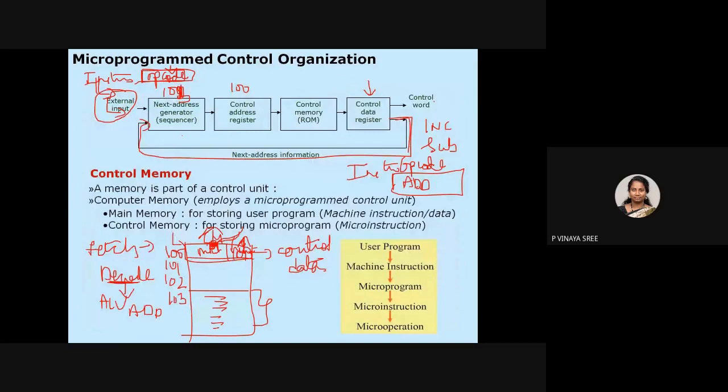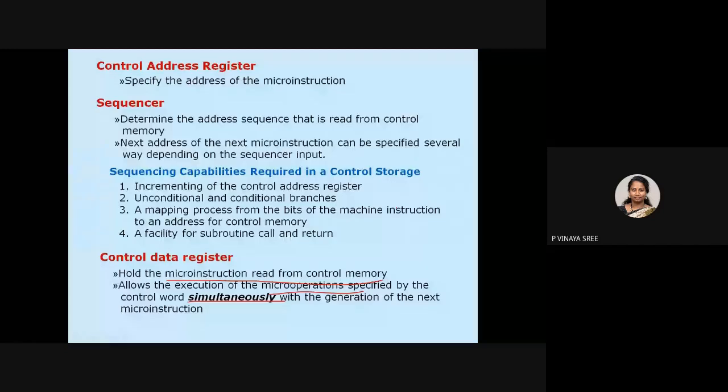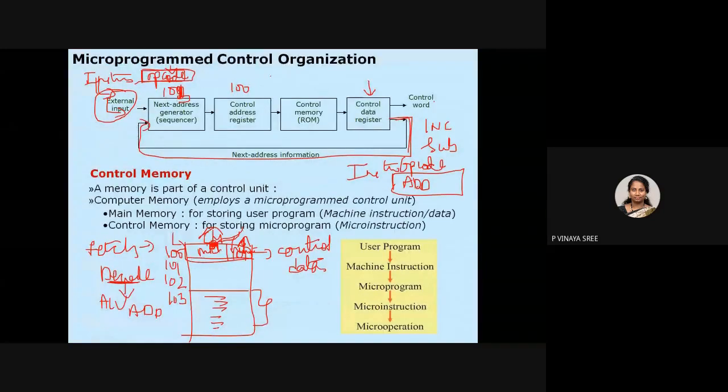Okay, and the other input for control addresses is from the subroutine register. Okay, subroutine register. Why we need to take this from a subroutine register is after decoding if it identifies that that is a subroutine call, means what, can anyone tell me what is subroutine call? What is subroutine call? It's a function call, ma'am. Yes, very good. Thank you. Yes, subroutine call is nothing but a function call.